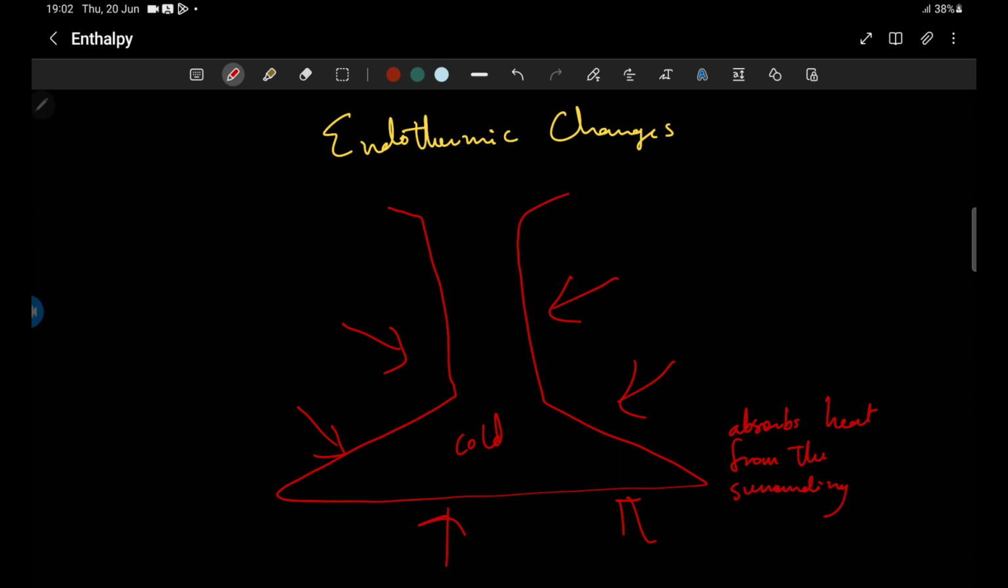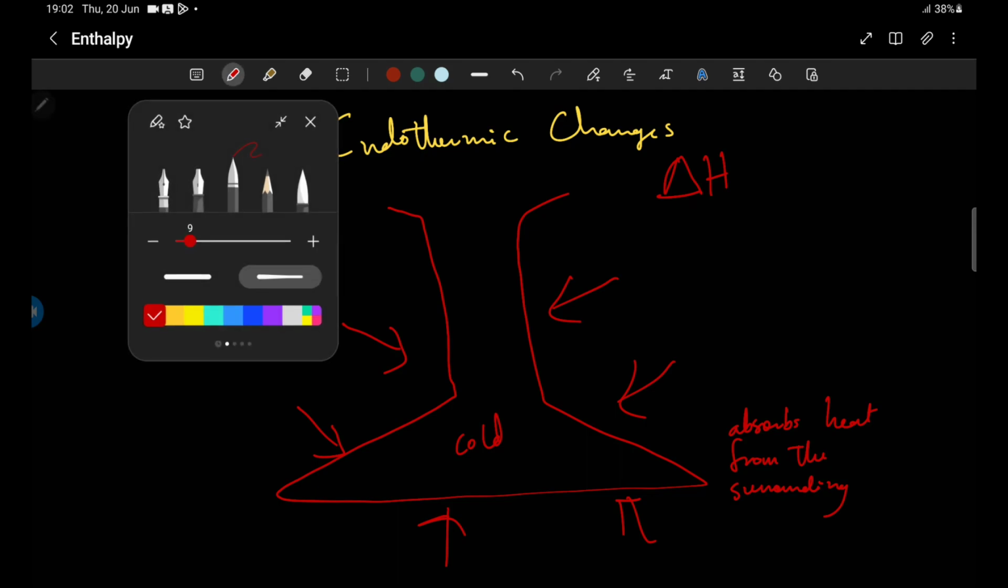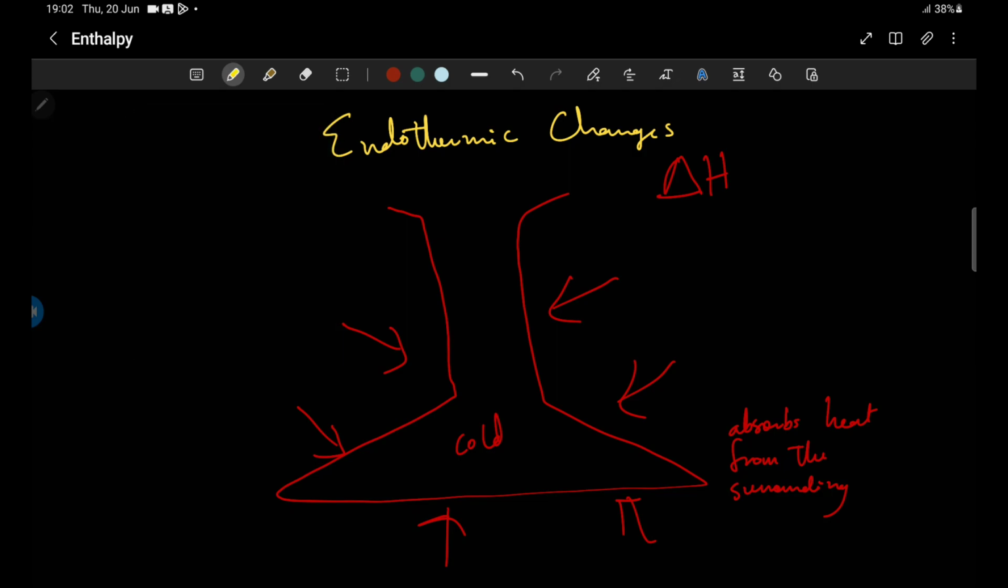So for this now, the energy, which is the delta H, the enthalpy at the end of the reaction, will be more than the enthalpy at the beginning of the reaction. So the products will be at a higher heat energy level than the reactants. And typical examples of processes that go through this, you have